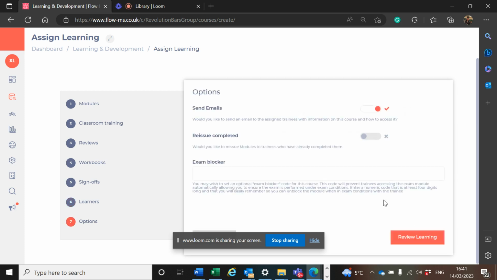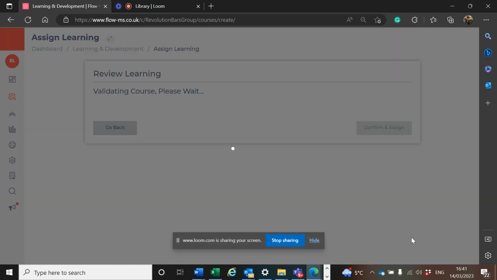And then in this last section here, this is just almost the summary. So we want to send emails, so we make sure our learners are aware that we've set this. If this was something that you wanted somebody to do again, you could reissue completed, but at the moment, no one has done this, so there's no point selecting that. And then we just drop to the bottom here to review. Click on that,